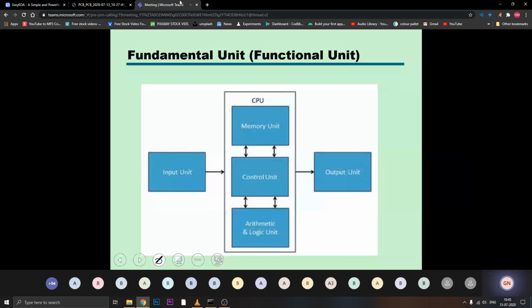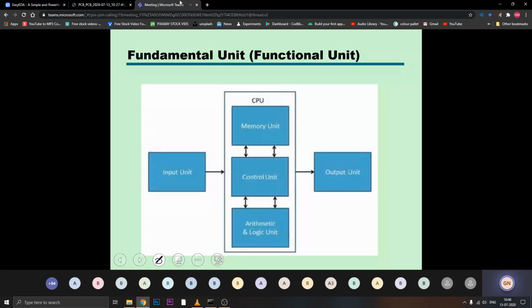Okay. Slide is visible where I'm showing you the fundamental units. So let's deal with computers now. Let's try to understand how the computer works.